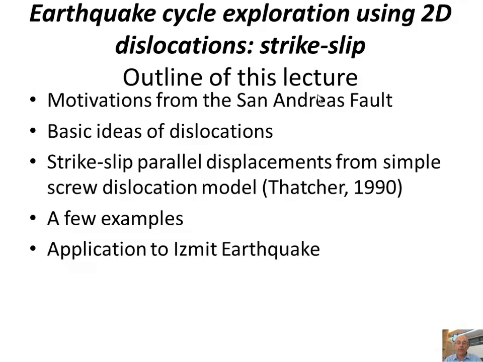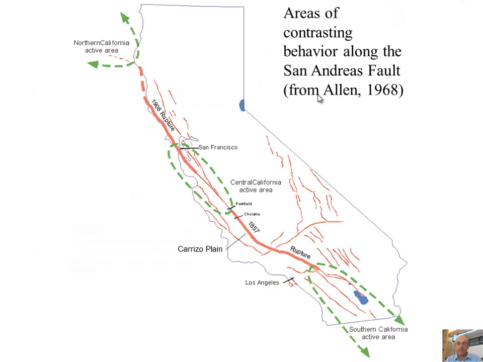What is this word? And then I'll show the example of this theory called strike slip parallel displacements from a simple screw dislocation. We'll do a few examples, and then we'll do our exercise from the Izmit earthquake, from Turkey, because we have some data. Okay, so this just shows some different parts of the San Andreas fault system, and there was